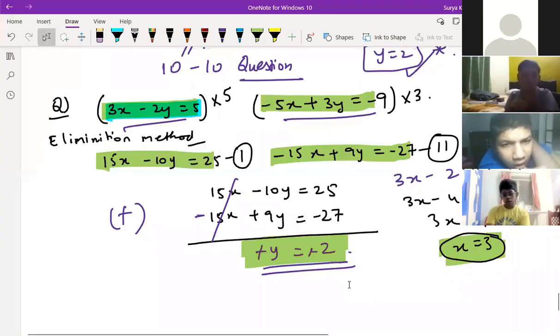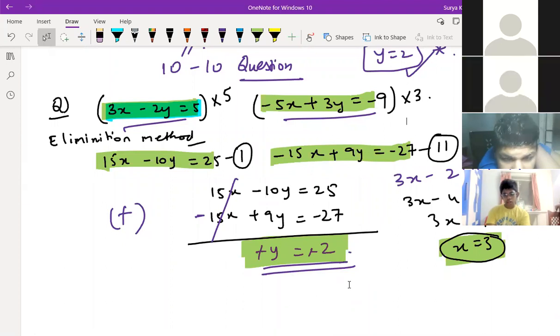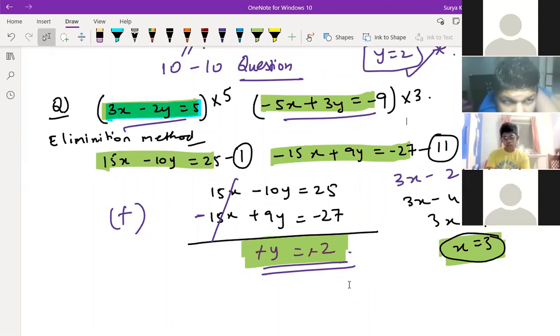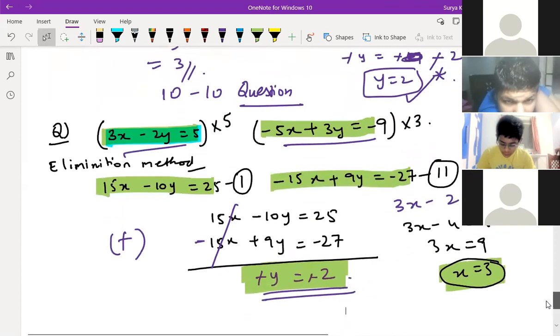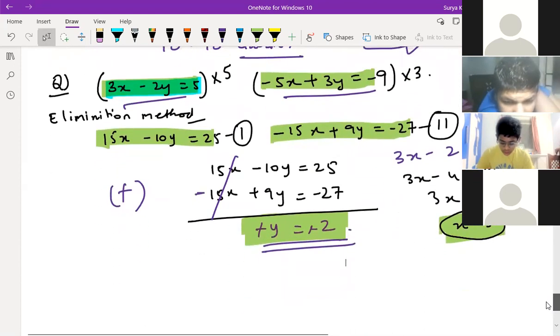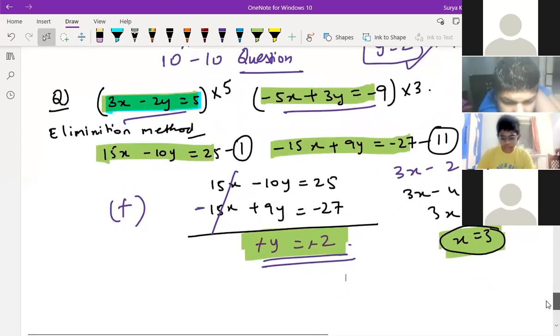Sir, we can also divide, right? You can divide also if you want, not a problem. You can divide the whole equation or multiply the whole equation by the same number. But you can't divide in this case. No, sir, I was just asking in general. Yes, you can divide, not a problem, but you should divide the whole equation. So is this clear to everyone? Anyone having doubt in this? No doubt, sir.